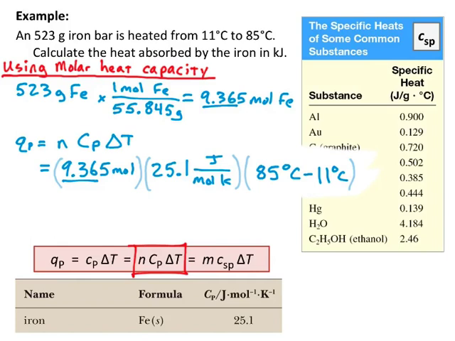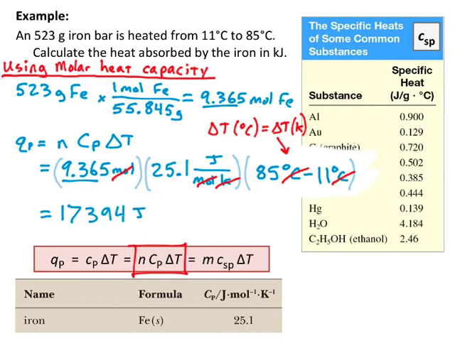And so let's think about units here. So the moles cancel, that's easy. Now the kelvins and the Celsius cancel. They don't normally, but when you're looking at a change, remember that a change in degrees C is the same as a change in Kelvin. So you can get away with doing this subtraction in Celsius and then saying it's the same as Kelvin and canceling out the Kelvin. So this only works when you're dealing with changes in temperature. And so if that worries you, feel free to convert it to Kelvin and do your subtraction in Kelvin. That's totally fine. Okay, so we get 17,000 joules,